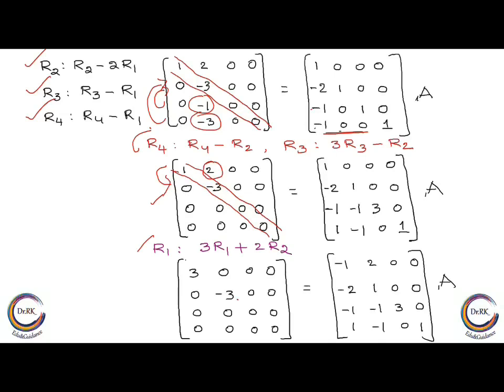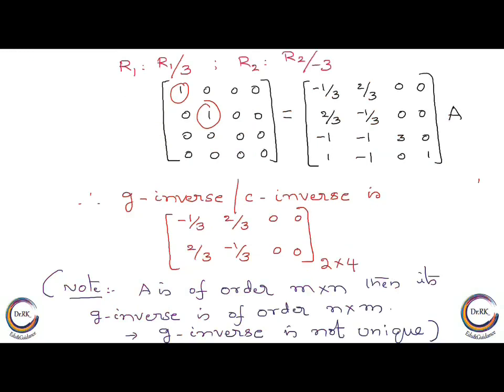Now let us see what happened. If you see here, all the properties are satisfied, except the diagonal elements, where it is 3 and minus 3, where the condition is that the diagonal should contain ones and zeros only. So very simple: by taking R1 by 3, R2 by minus 3, this is what we get. Now we got the Hermite form. This is the required Hermite form.